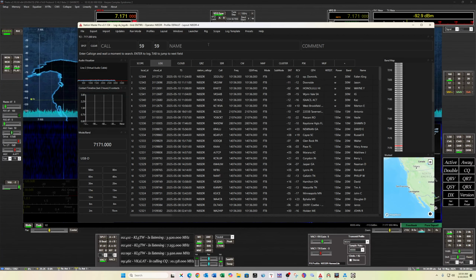But that's how you do the logging. Again, it's very quick. It really pulls the information down really fast. This is one thing that I really, really liked about Station Master Pro. I was running